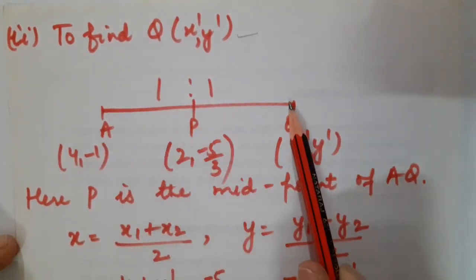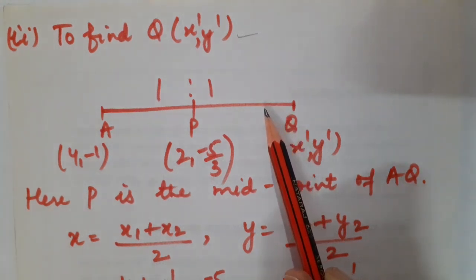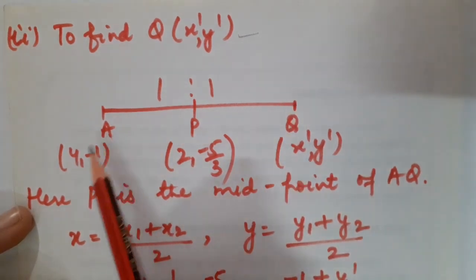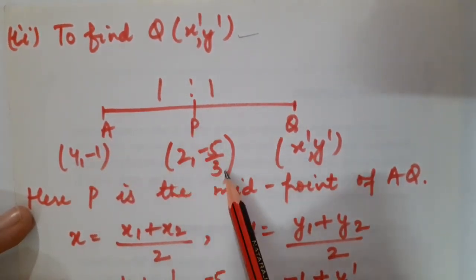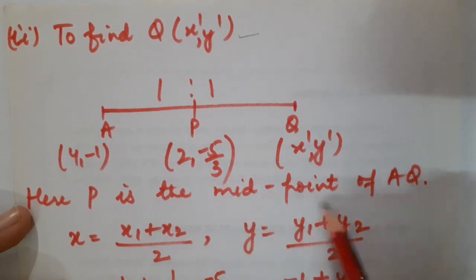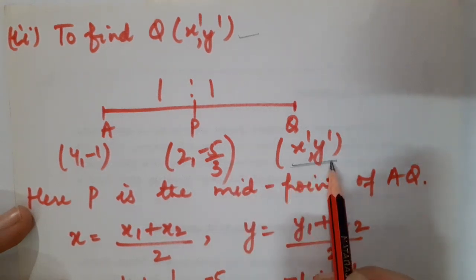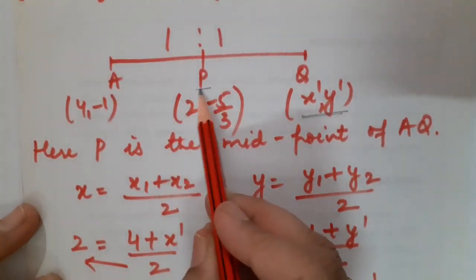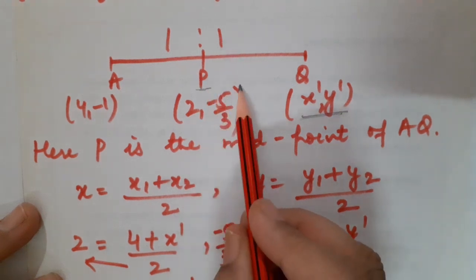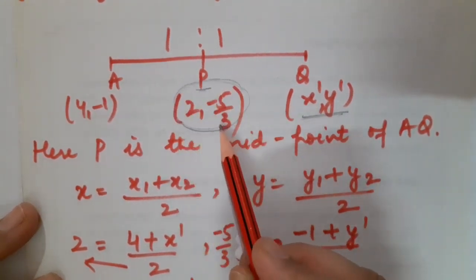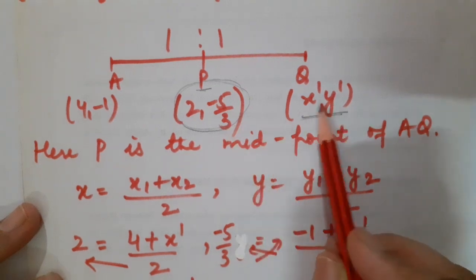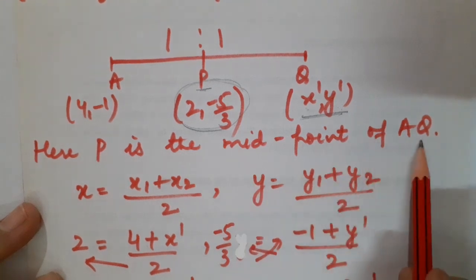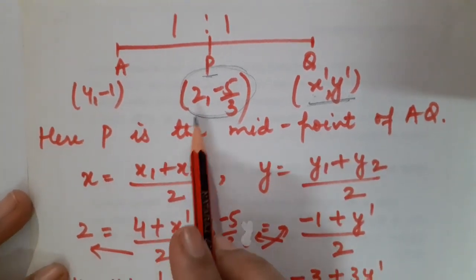So again, I am going to draw the line. You should draw the line segment once again for your convenience. Okay. So this is line segment AQ. I have taken the coordinates of A. I know the coordinates of P, which I have just calculated, that is (2, -5/3). Now, children, I have to calculate the coordinates of this point Q. So what is to be done? I have just told you, here P will act as a midpoint. Okay. So I know the coordinates of the midpoint, but I have to apply the formula so that I can calculate the coordinates of point Q. Okay. So here P is the midpoint of AQ. The formula you know, children. What is the formula of the midpoint?